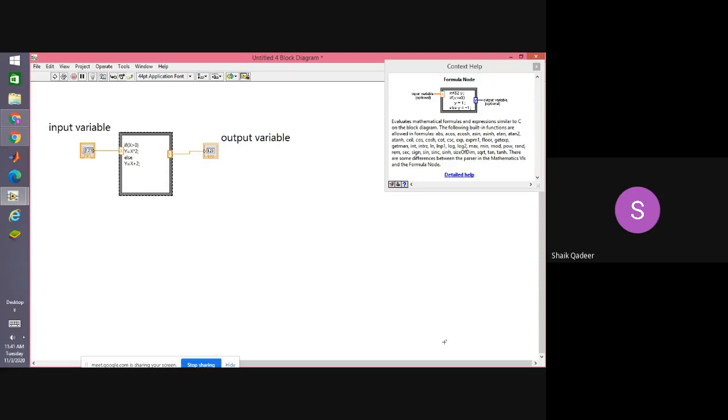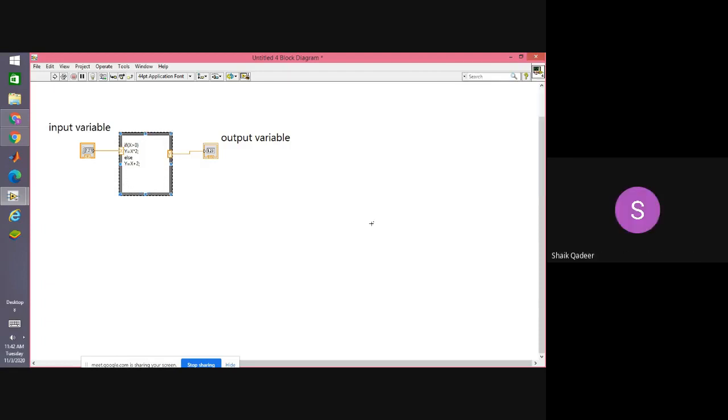You see, there are so many built-in functions which we can execute. But I may not be able to give all this information, but you can have it either from the web, or if you have the software, just select this formula node and press Ctrl H, you will get this information. So what I will do is I will try to explain the example and also explain the procedure to make this example. Are you ready for that? Yes, sir. Ready.